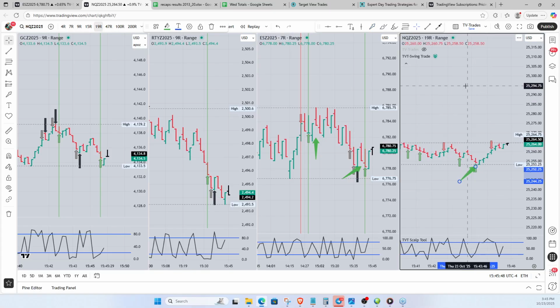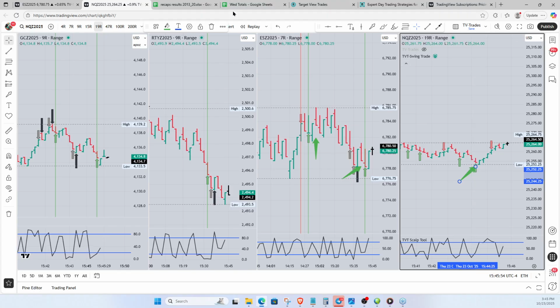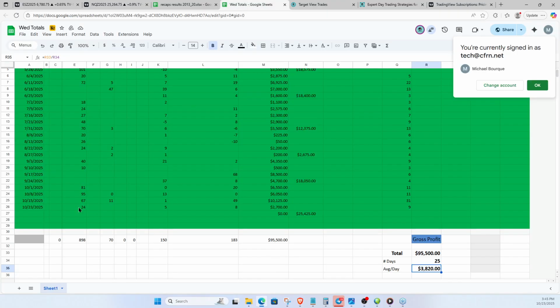Maybe we ended up getting one of those in there. Well, let me go put that in the Wednesday totals. So we had 28 on there, and that puts us at 52 on that. And we had 8 on the ES, that puts us at 16 there. 2 more trades, and then I gotta check on the gold and see what we ended up with. We are above the average now.